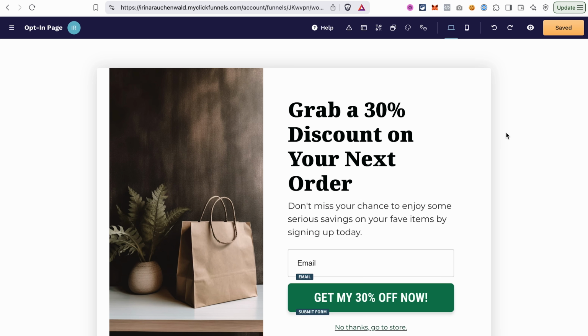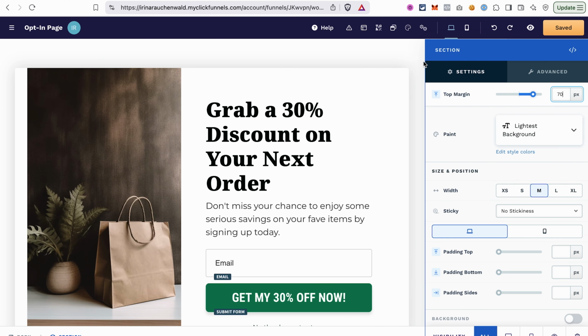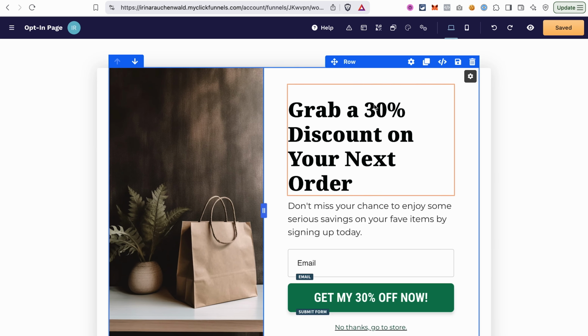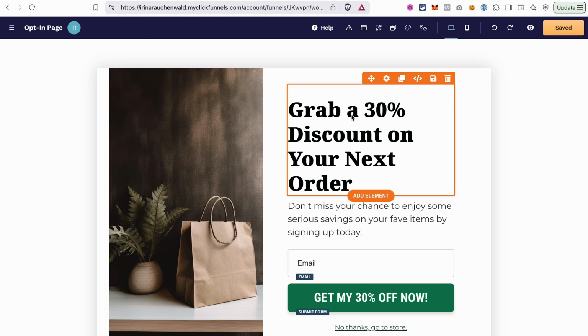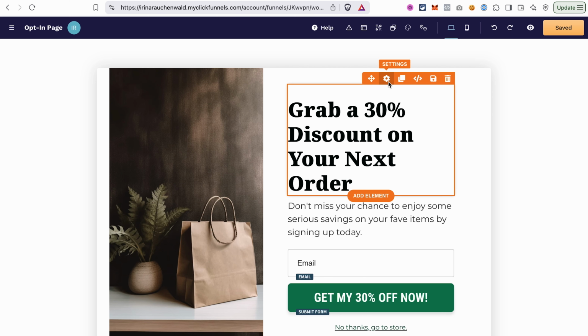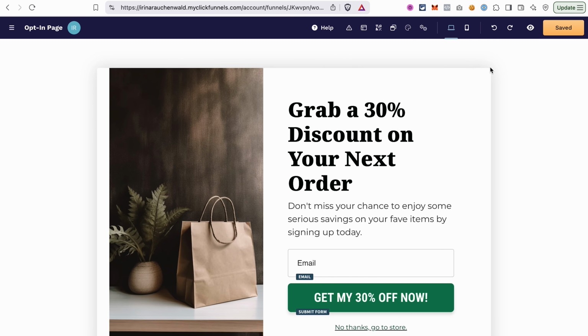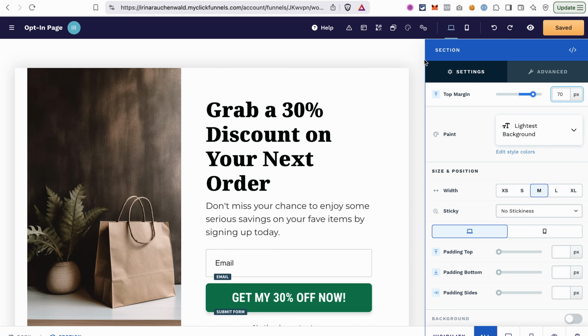To access the settings of the section, row, or element, hover over it and then click on the gear icon. It will open the section settings. Or you can just click on the section and it will also open the settings. Let's try this with the element. You hover over it and click on it, and you can already start editing, or you can hover over it and then click on the gear icon to open the settings. Sections, rows and elements will have some common settings, for example top margin, padding, sometimes background, but different elements will